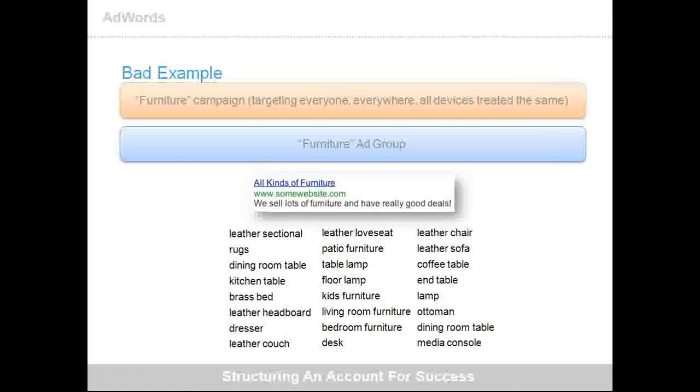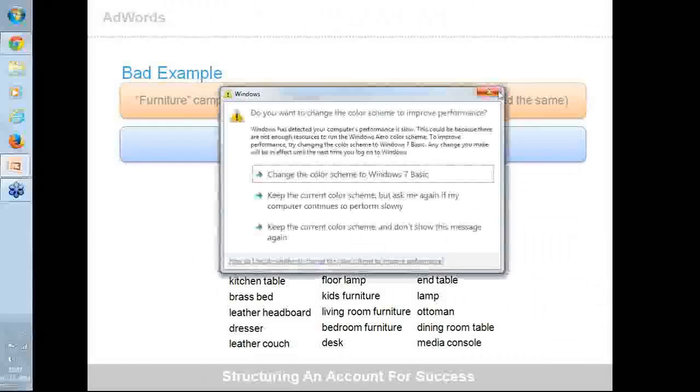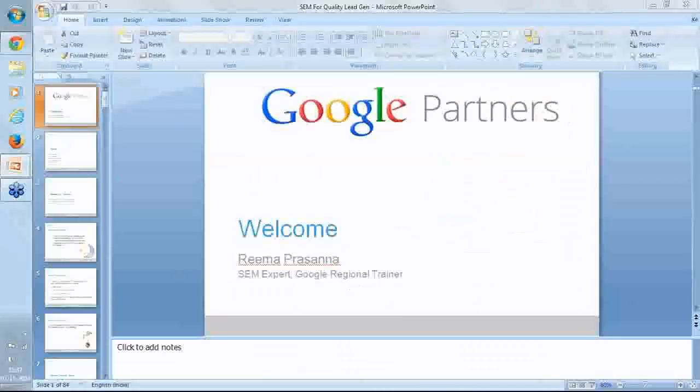Okay, we're going to look at a bad example, and we have tons of these. I'm pretty sure you have all seen examples like the one we're looking at right now. So this text is all kinds of whatever, xyzwebsite.com, and the text ad says we sell lots of furniture and have really good deals. Now, when I, as a target audience, go looking on Google, I don't exactly go and type buy furniture instantly. I know there are a lot of searches for that, but what really converts are not the extremely broad terms. What really converts is what starts delivering exactly what your target group is looking for.